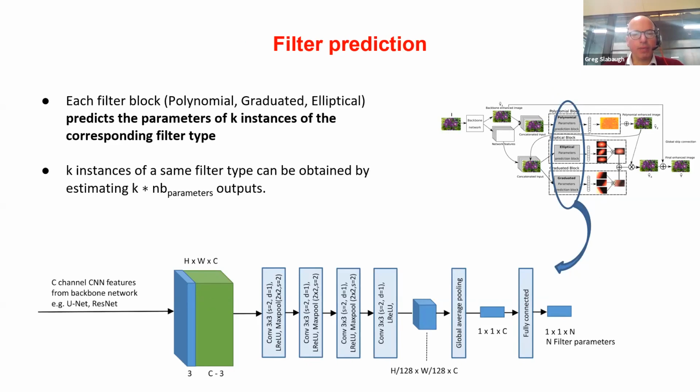So this is a slide which just shows a little bit more detail about how we actually estimate the parameters of these filters. I'm not going to get into all the gory details, but similar to CURL, we go through a number of convolutional layers, max pooling, average pooling, etc., fully connected. This is like an image classifier, except we're doing a regression here. So we regress the filter parameters, and then we can apply them automatically to an image.